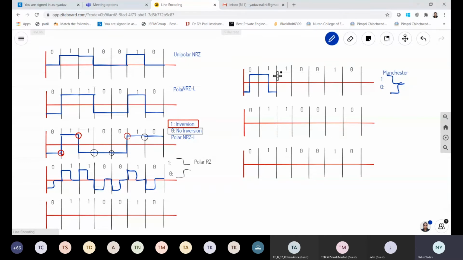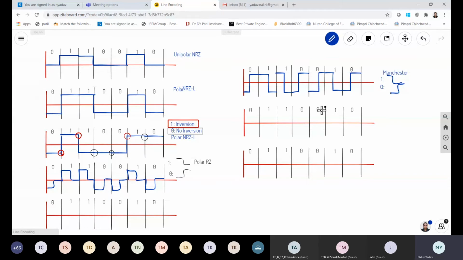Again there is a 1, so I will represent it as a normal Z. Correct? Then there is a 0. How is 0 represented? Inverted Z. So I will be representing the 0 as inverted Z. Right? Again there is a 0, so represent it as inverted Z. Correct? Then there is a 1, so represent this 1 as a normal Z. Correct? And the next is a 0, so represent this 0 as inverted Z. Is this clear?